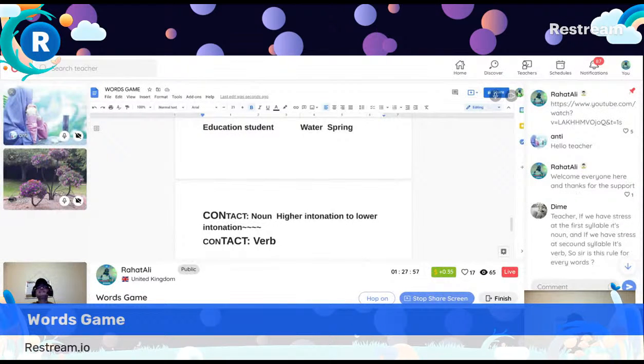Thank you very much once again, Auntie. So, Auntie, you can see there are four words, two pairs of words. We have to make meaningful sentences. And don't worry about the grammar or pronunciation. I'm here to help you. First one is education, student. Then water, spring. Benny thinks that all spring water is not sweet.